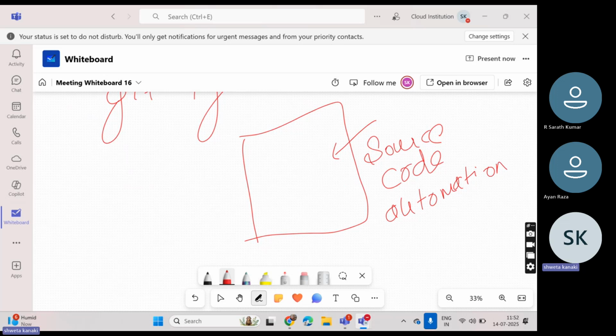So we are 4 members now, including Sharath, 5 members. We are working in different teams. Two people are in one team, two people in another team, and one person in another team. Or think that everybody is working in one team.